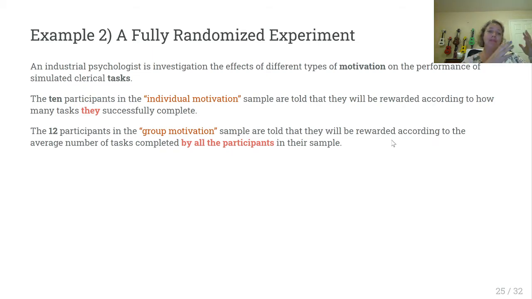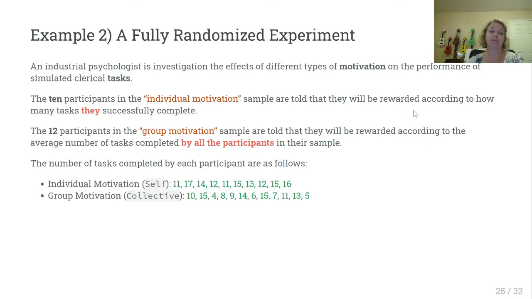So we're randomly assigning 10 people in one group, 12 people in another group. Does it matter if you're told you're going to get paid on what you do versus you're going to get paid on what the group gets done? Do you want to work on your own assignment or a group project? What do you think? Which group's going to get more accomplished? Which group do you think is going to get less accomplished? Is there an obvious group that's going to do better than the other? You might have a hunch, but really it probably could go either way. So we're going to do a two-tailed t-test comparing these two groups.